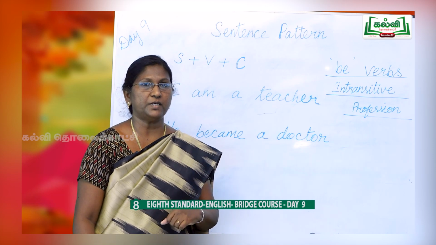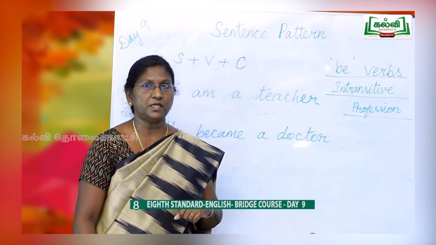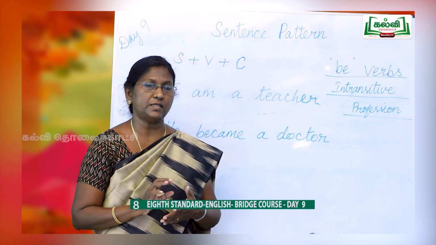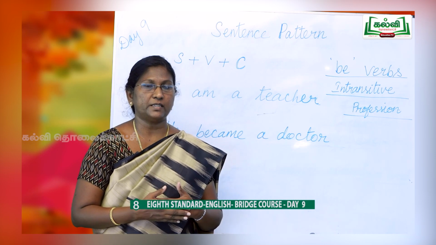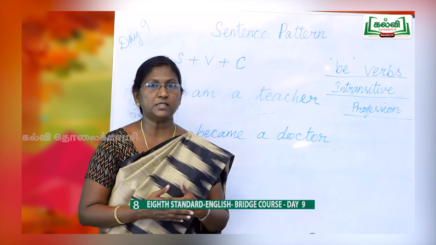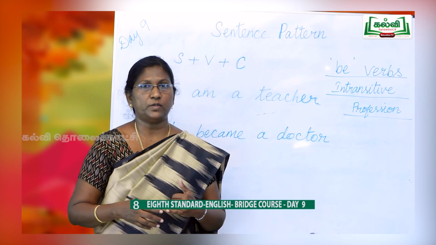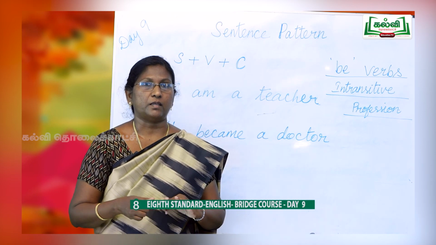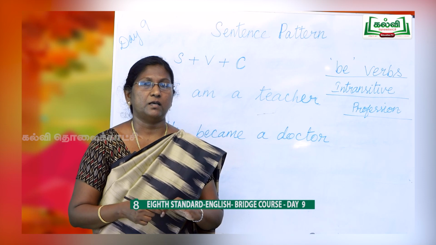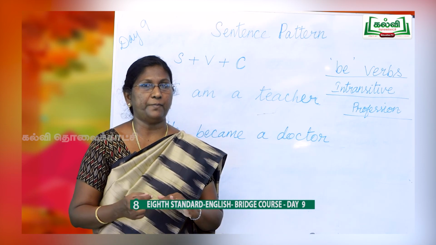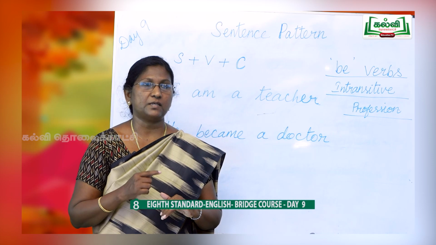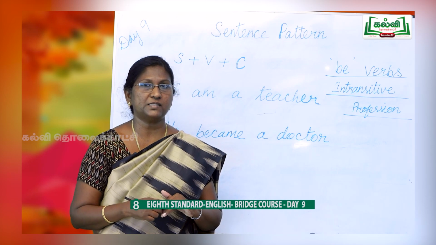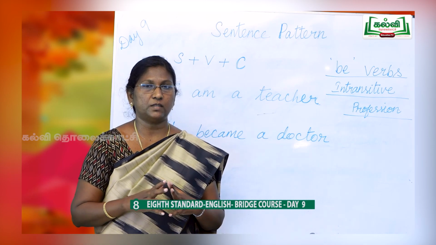This is the last pattern we are learning today. So this is subject plus verb plus complement. Complement is the meaning, you just take it as complete. So with that the sentence patterns get over. Already we have learnt a few sentence patterns. First one is the S plus V pattern, then S plus V plus O pattern, then S plus V plus A pattern, S plus V plus O plus A pattern, then S plus V plus IO plus DO pattern. The last one is the S plus V plus C pattern.